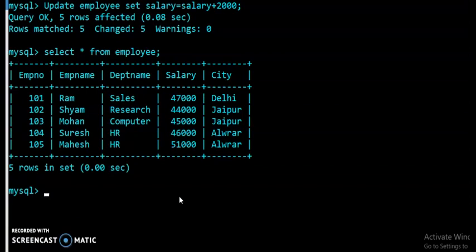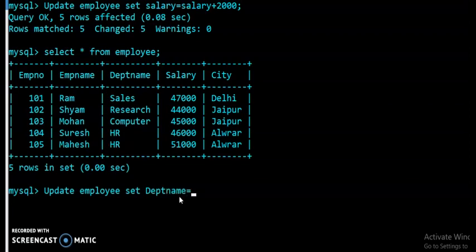So here I am giving another example of the update command, update employee. I want to change the department name. So update employee set, whatever column you want to make changes in, DEPT name.